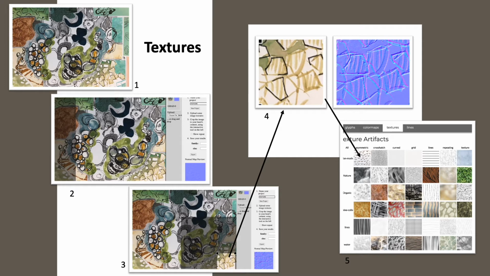You can see we've taken the same collage and just dragged it into the texture mapper, which is the bottom right, and selected the region which has the texture we're interested in, and that shows up on the far bottom right and is then imported into the artifact-based rendering system so that it can be applied to data.